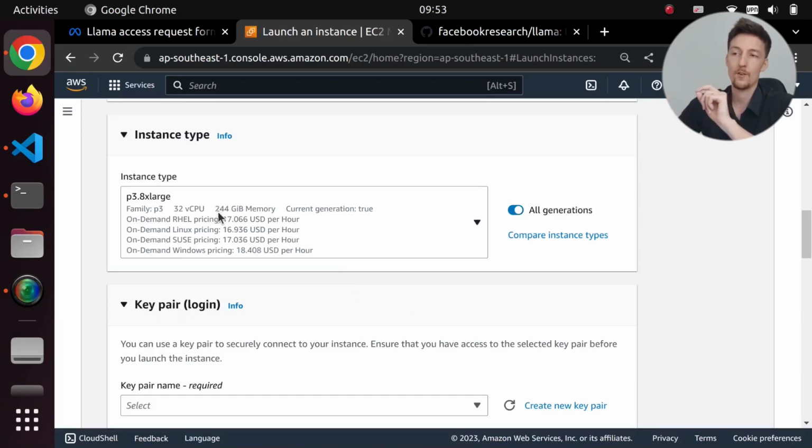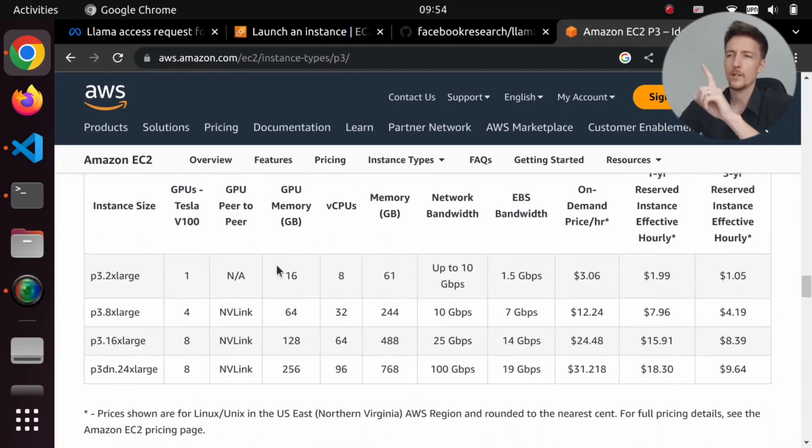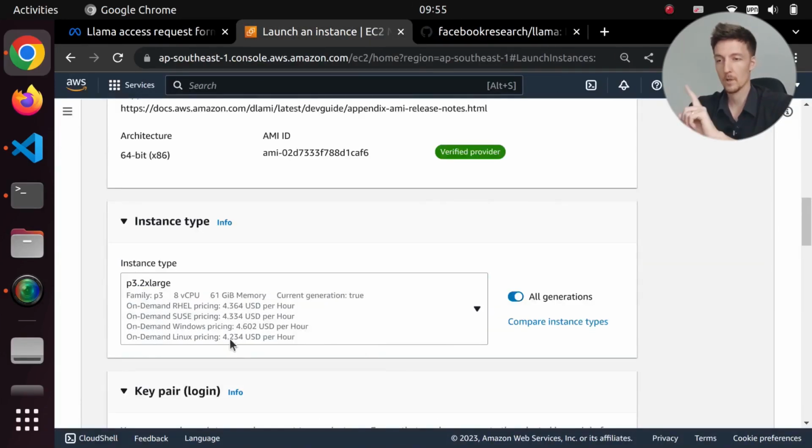Now, it says it has 244 gigs of memory, but that is not the GPU memory. This has, I think, like 15 gigs. So really, you should pick one that has more than 15 gigs, or at least 15 gigs of GPU memory. Now, in fact, Google this. Now, actually, it says that the 2x large already has 16 gigs, but I ran into errors when using the Llama2 model with the P3 8x large, and it said that it had 15 gigs of GPU memory. Perhaps I have to change some setting or something. So I will in fact try it with the 2x large, just to see if it works with that. And this will cost me